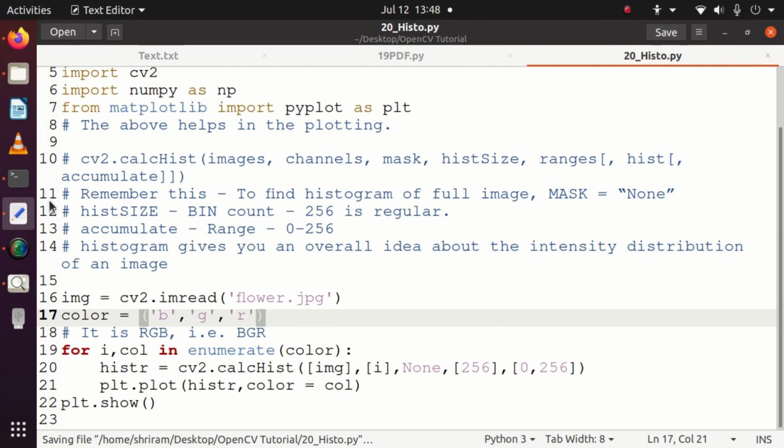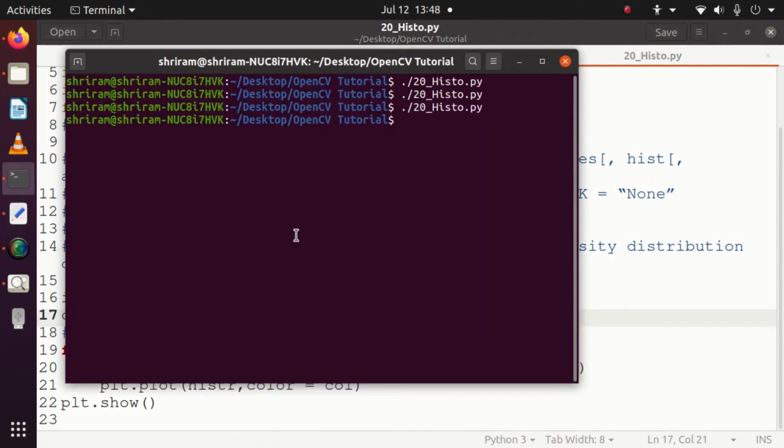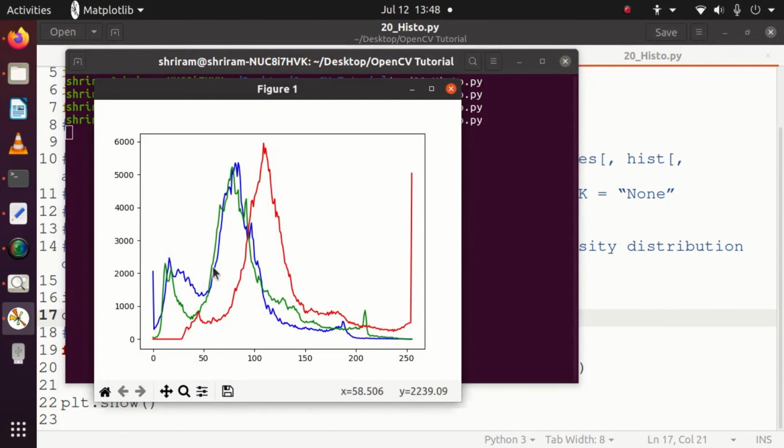Remember, we use a method called calcHist, and it accepts the input image as the first argument. The second argument is nothing but the color, the BGR. Whatever you use there in the color will come in as the second argument, and the third argument is going to be the mask, where I do not use any mask because I want the histogram for the complete image, and it is None. And then the bins, we need to specify the bins clearly, and it is 256. Followed by that, we need to specify the range as 0 to 256, and that's it. Once you do that, you are all done, and you will get the beautiful histogram generated in front of you like what you are getting right now.